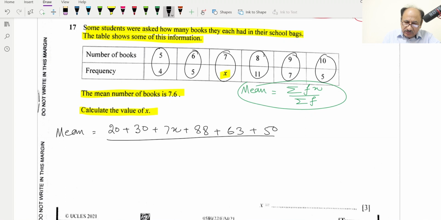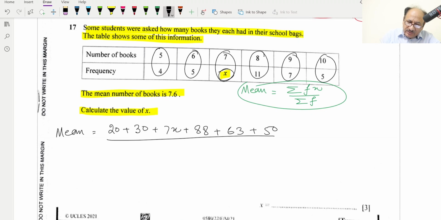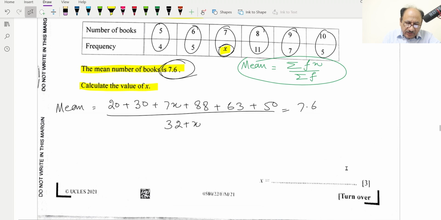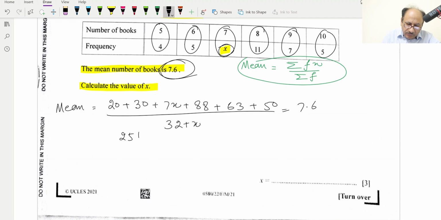What is the total frequency? We can add the frequencies: 4 plus 5 plus 11 plus 7 plus 5 is equal to 32, and 32 plus this x, so we'll write 32 plus x, and it is given that the mean value is 7.6, so we can write 7.6. Now we can cross multiply, and before cross multiplying we can add these terms: 20 plus 30 plus 88 plus 63 plus 50 is equal to 251. So we will write 251 plus 7x divided by 32 plus x is equal to 7.6, and this implies